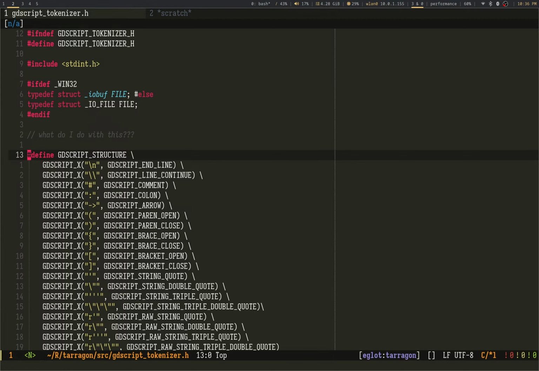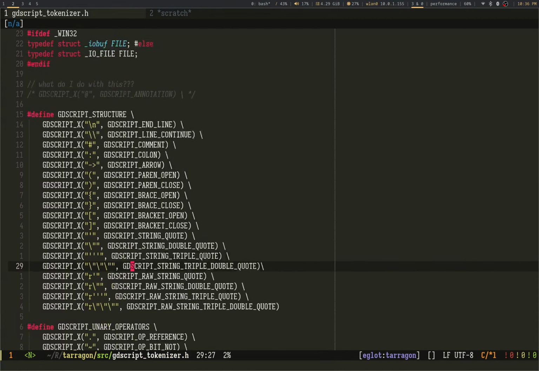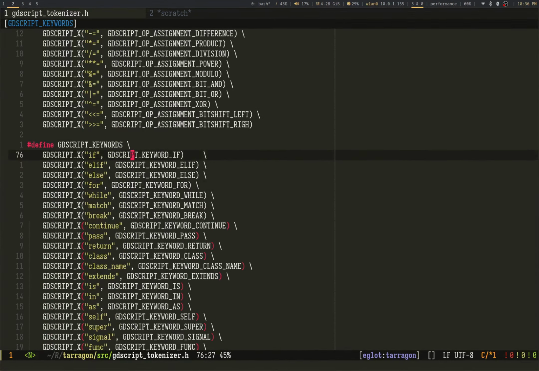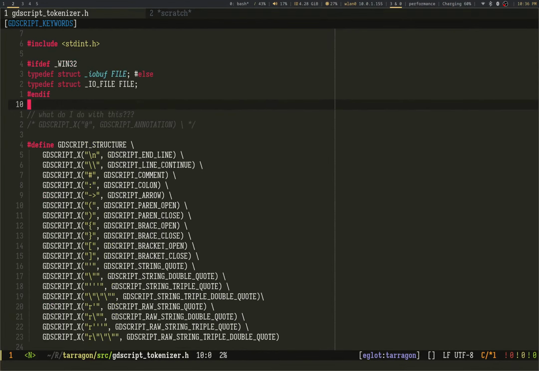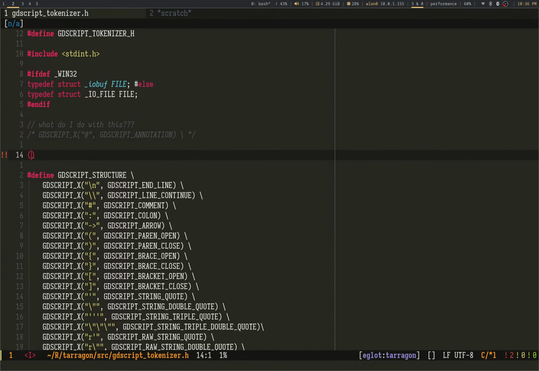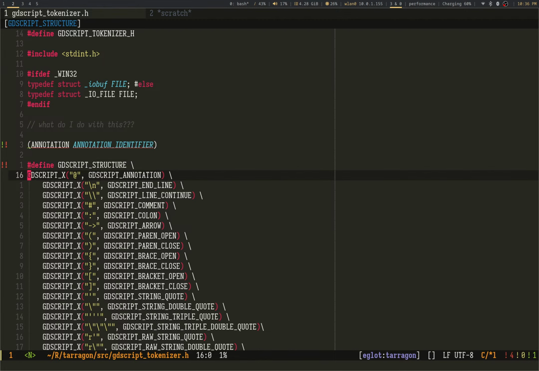this is not structure, so I don't want it there. I mean, I guess it's kind of structure because the next token, I don't know, it kind of is, kind of isn't. Of course, when I build an abstract syntax tree, I would prefer something to be like an annotation and then boom, annotation identifier. So yeah, I'll include it in structure. Why not?